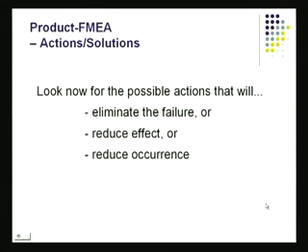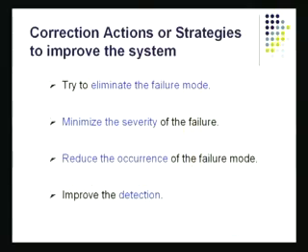So what are the various possible actions I'll be taking? I'll try to eliminate the failure, or I'll try to reduce the effect of it, or I'll try to reduce the occurrence. Either I eliminate it altogether by taking some design action or rectification action, or I take some preventive steps to reduce the effect, or I reduce the occurrence. Any of these, if done, is going to impact your RPN, and that's going to be a big plus. If you look again at the different corrective actions we've got: